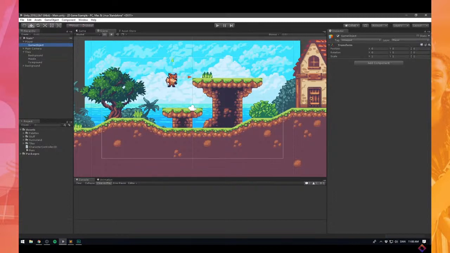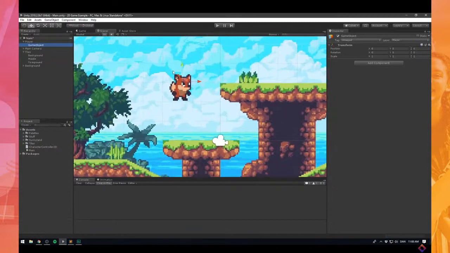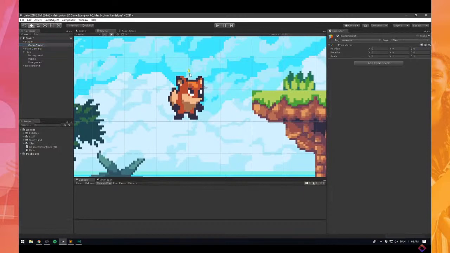And now we can see where the empty object is. I think this is pretty close to our ceiling check, but I'm just going to go ahead and move it up a tiny bit. Something around here. I'm then going to duplicate it by pressing Ctrl D and move this one down to the feet of our character. I'm going to rename this one to ground check and the other one to ceiling check, just to stay